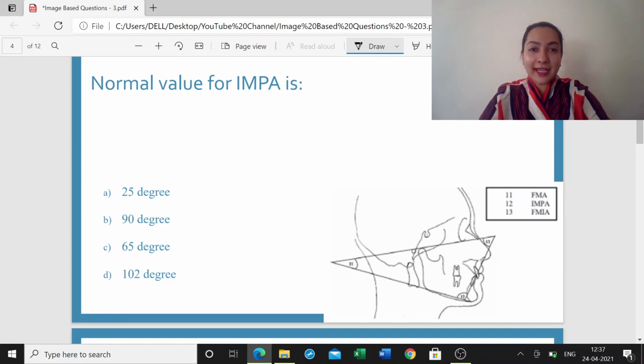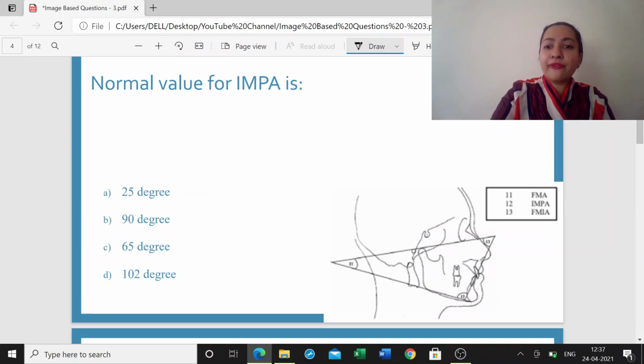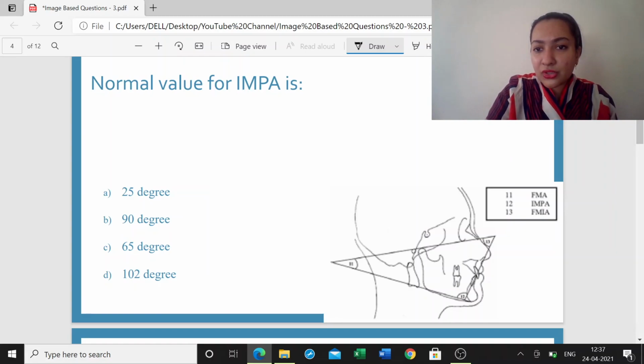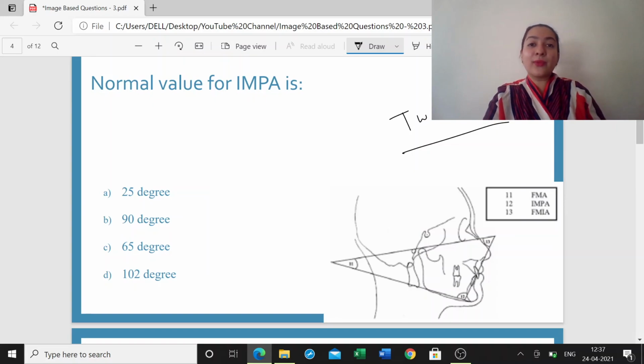Right, so if we again go back to the basics, when you get this question in the exam, the first thing you should be thinking is IMPA. What is IMPA? It belongs to which subject? So now you should come down to it belongs to ortho. Next, which chapter? Since you have read thoroughly, you know that IMPA is from your cephalometric analysis. Next, who gave this IMPA? If you have revised well and you're very thorough with your preparations, you know that IMPA is a part of Tweed's triangle. Okay, this is a Tweed's triangle. There are different analyses given by Steiner's, Downs, and one of them is Tweed's.